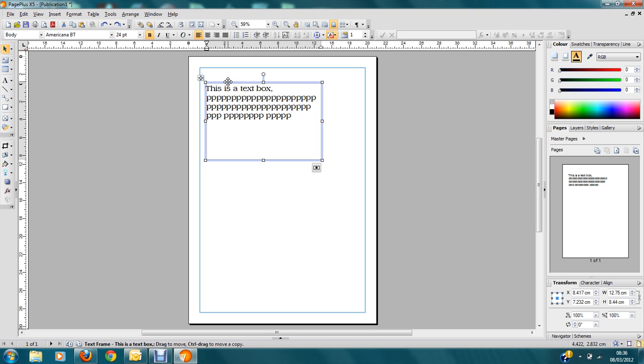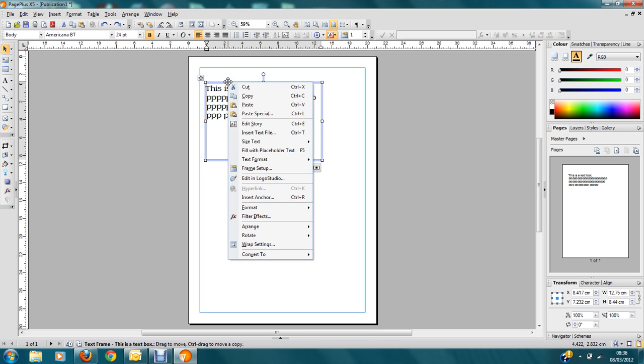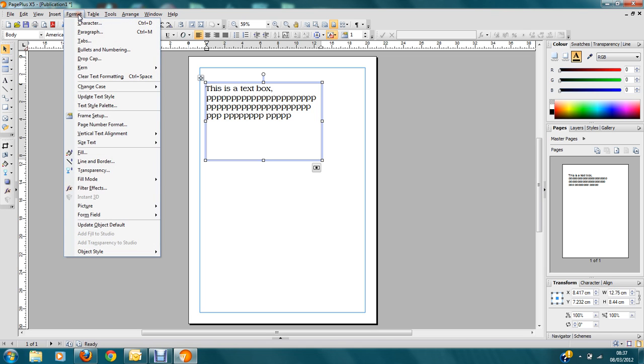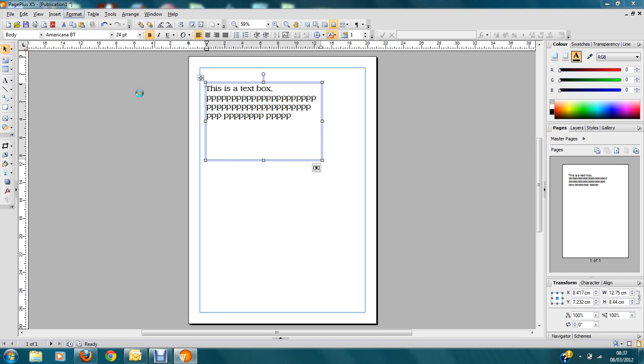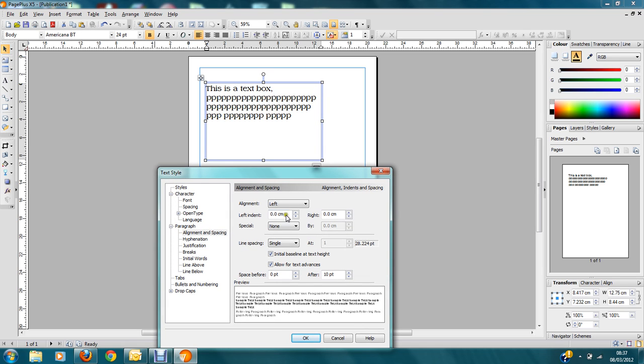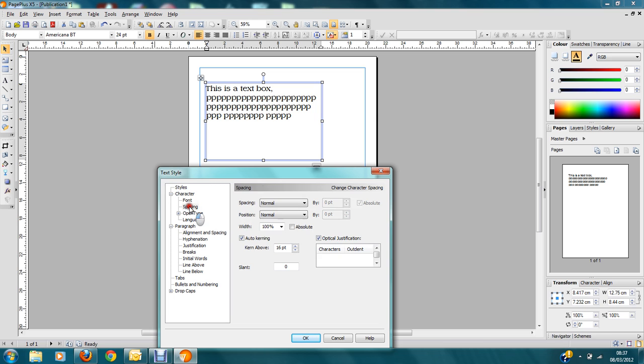Now the way to deal with that is to get your alignment right. What you need to do is, if you right click, select the text box, go to Format, choose Paragraph. A little box or window will open up. This is how you can change the format of your paragraphs, the spacing of your text. If we click on the first one, which is under character spacing,